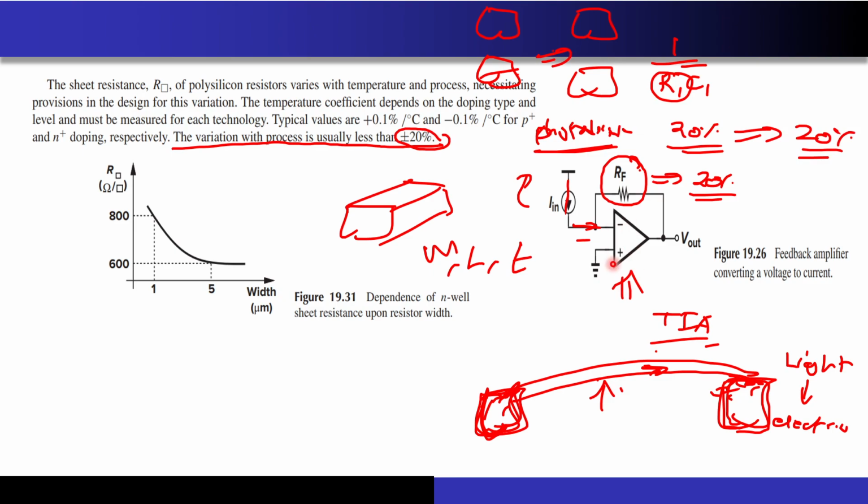So they have given an example of a feedback amplifier, and what you can see, it is taking a current as input and converting that current into voltage at its output. Correct. Such a circuit we call a transimpedance amplifier because it takes current as an input and gives the voltage at the output. Now where do we use this kind of circuits?